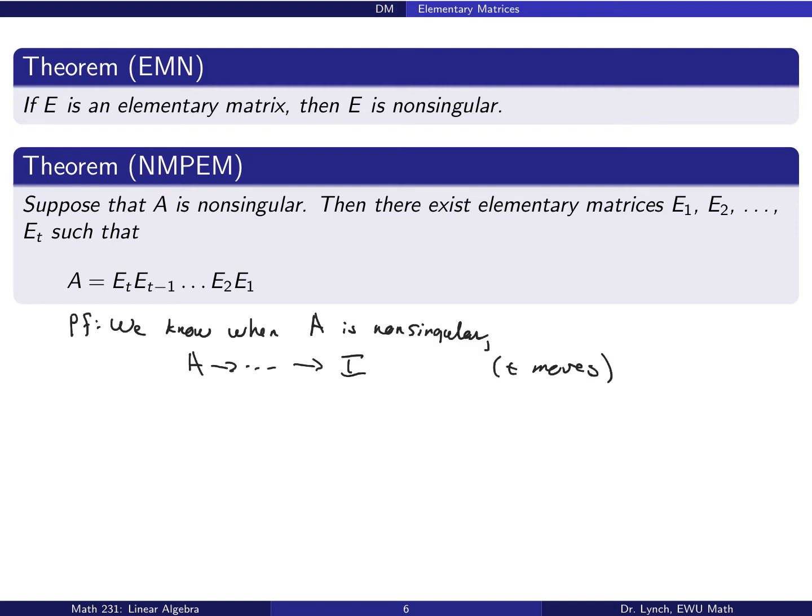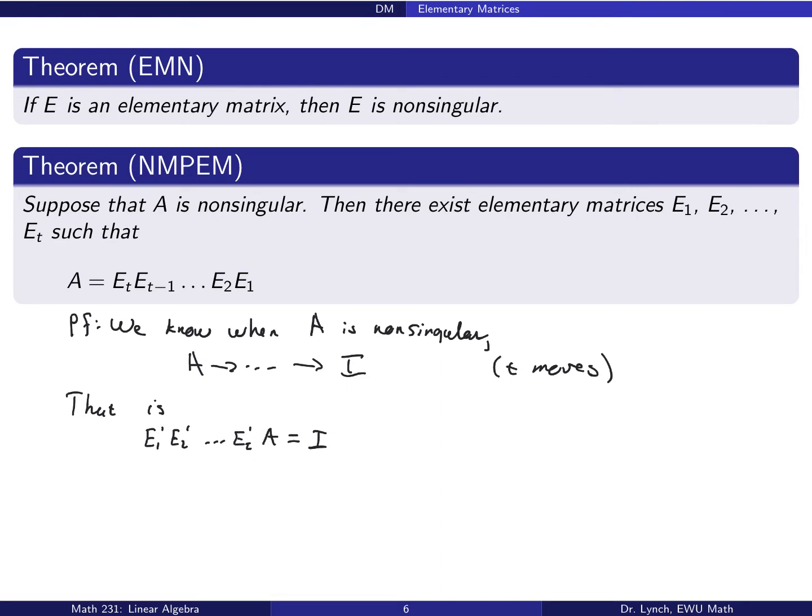In other words, there's a finite sequence of t row operations such that A reduces to the identity. Now we know that each of these row operations can be accomplished through matrix multiplication by one of these elementary matrices. So I'm going to call the row operations that get us to the identity matrix E1 prime, E2 prime,